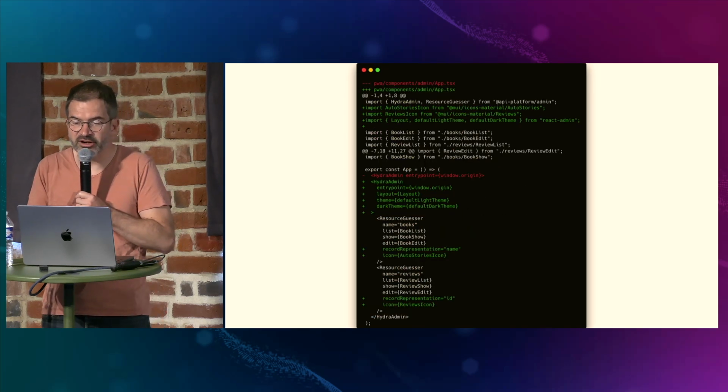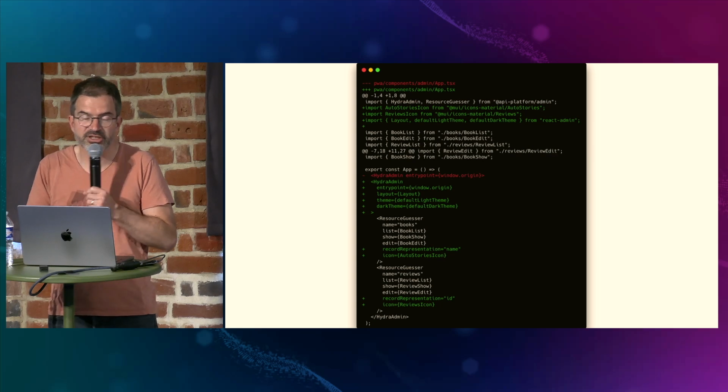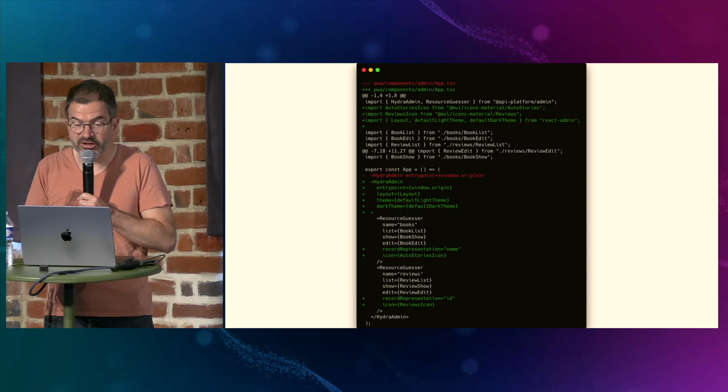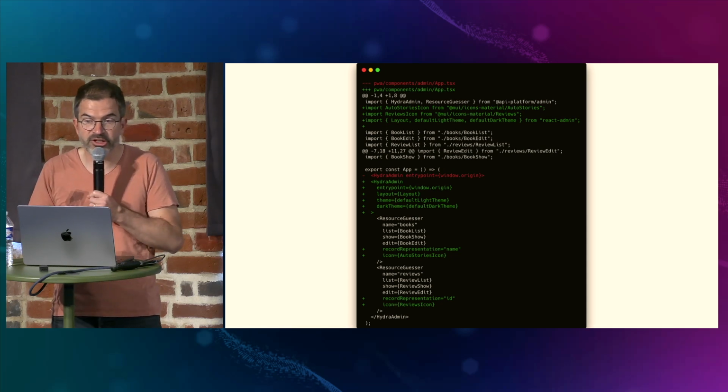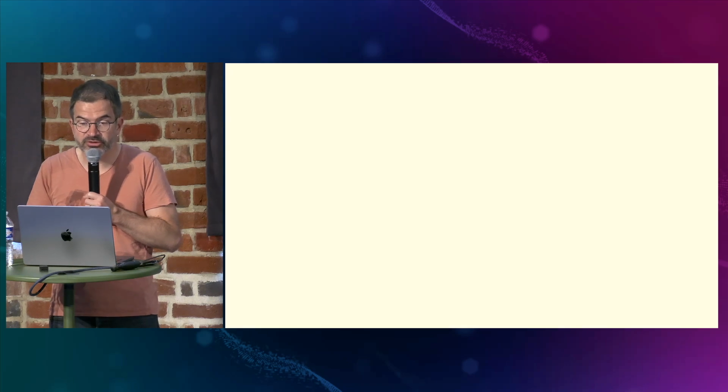Finally, I updated the main app component to use React Admin's default layout and themes. I set the record representation for each resource and added custom icons for the menu. And the result